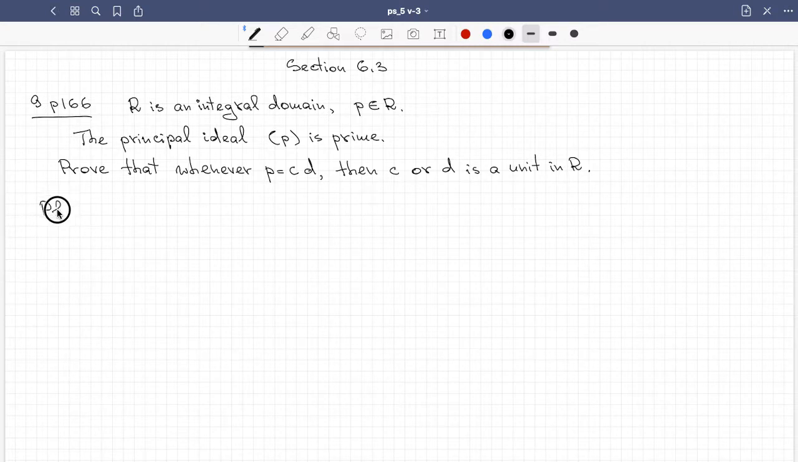Here is how the proof goes. We have that CD is P, which is certainly an element of the ideal. Integral domain contains 1, so this ideal has an identity, so this ideal contains P, because